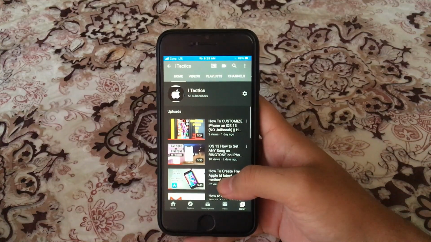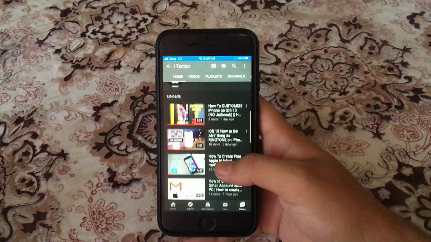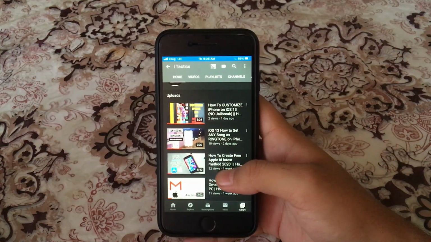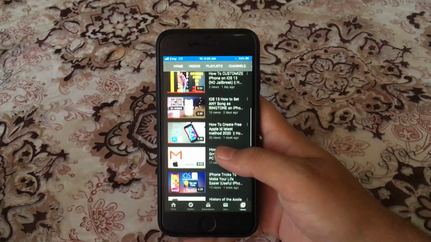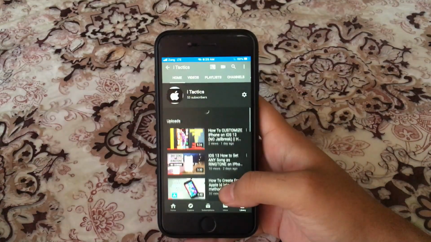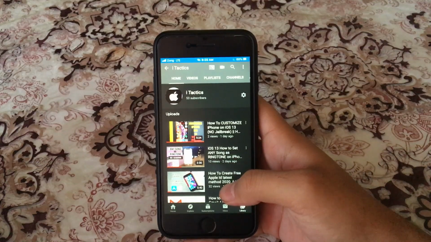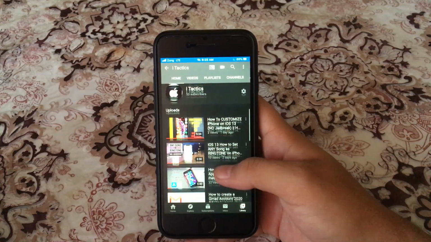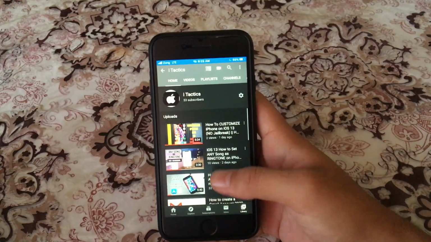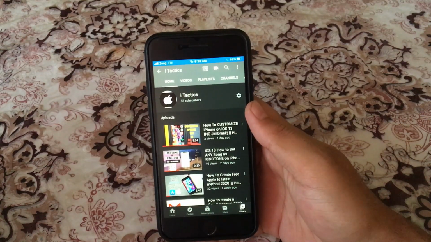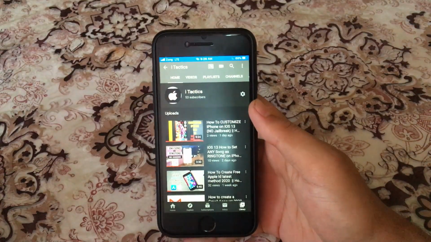Today I want to share with you guys a few iPhone settings you should consider turning off on your iPhone. These will help you get a better user experience, and these are also based on some of the settings that I personally turn off on my iPhone when I first set up. So let's start.